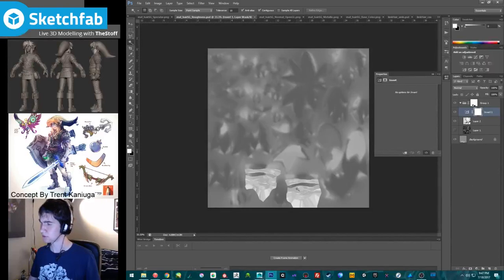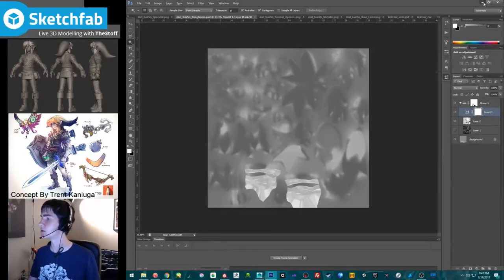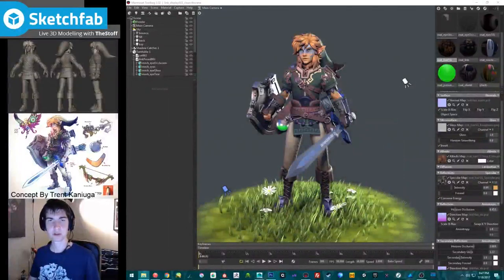Oh, so this is rougher than the hair. Okay. I'm gonna see how this looks if I apply it, and then we'll go from there. Whoa.